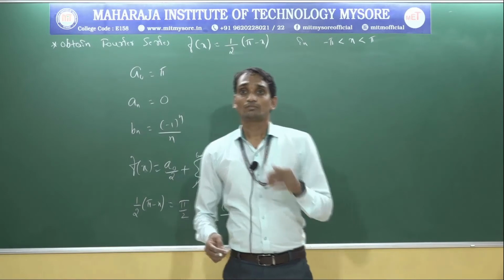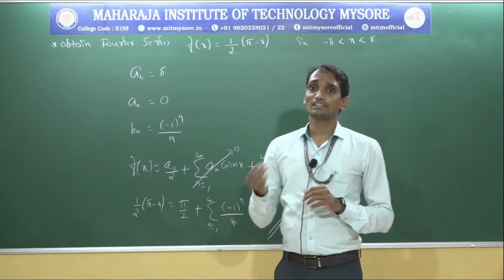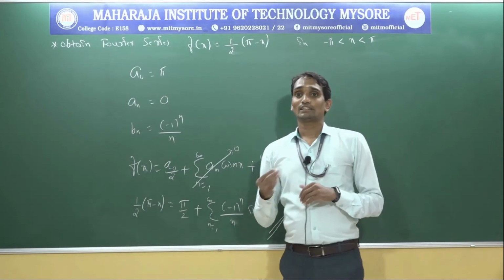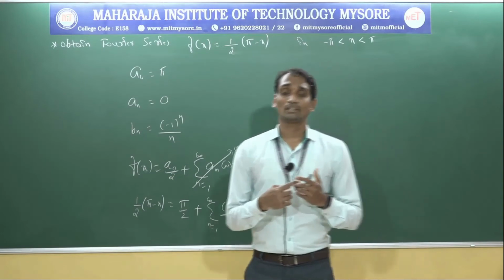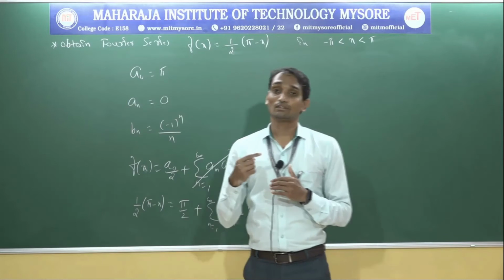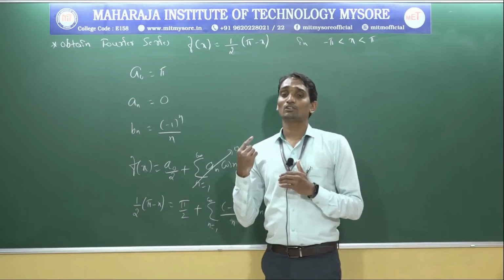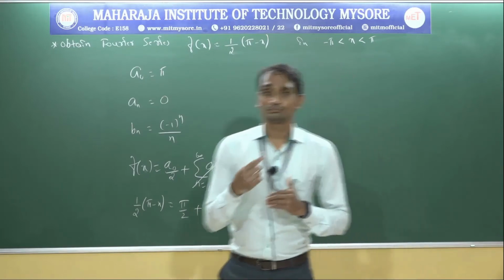The first thing is we need to verify the even or odd function method, but here the given function is neither even nor odd. So neither even nor odd means all three values we should calculate: A naught, An, Bn. The formula will be A naught equal to 1 by pi, the given integration, that is minus pi to plus pi. The same thing follows for the An as well as Bn value.